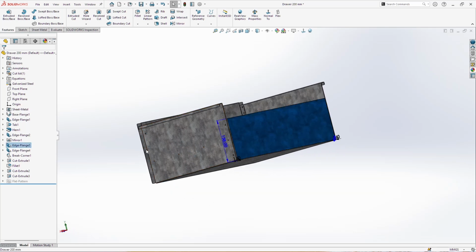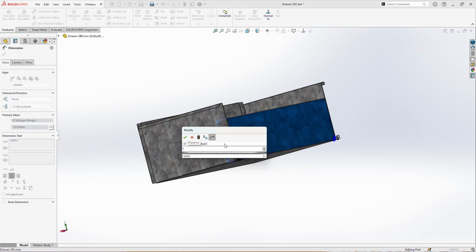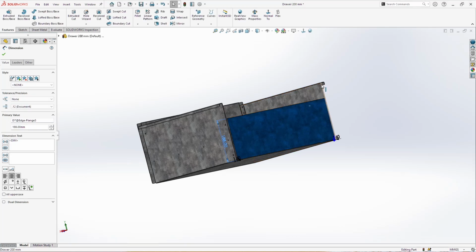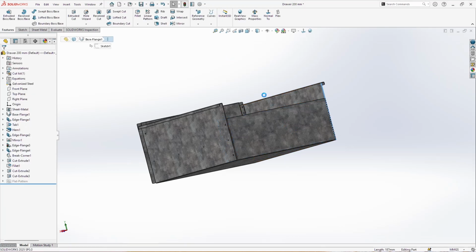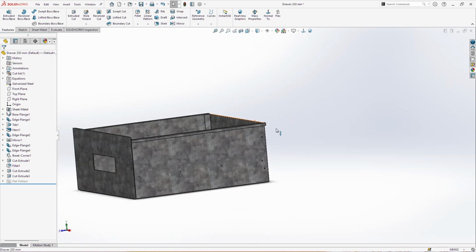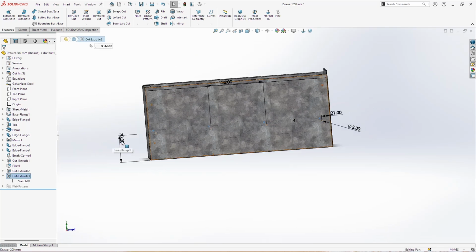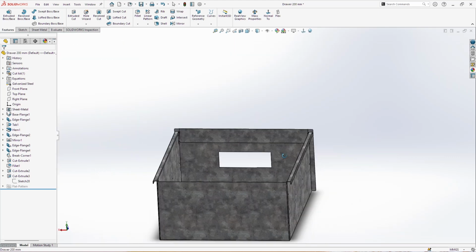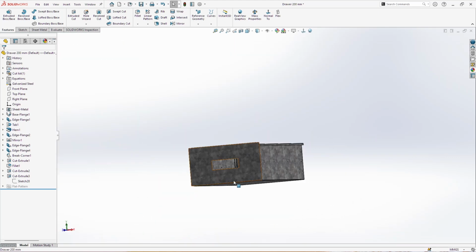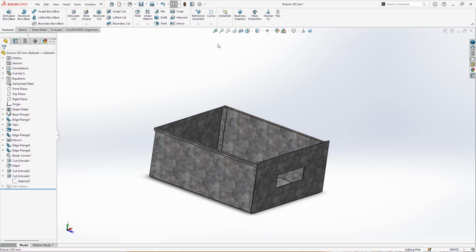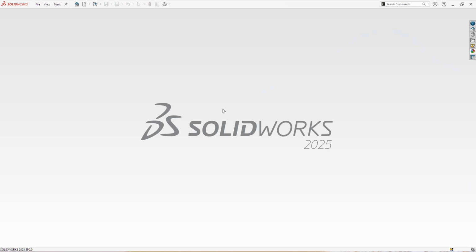Also this side we need 188 millimeters. Again rebuild the document. And we need to change this here to 95 millimeters. And one more time rebuild the document. Other dimensions are just fine. And save the document. I'm going to close this document, create new part,